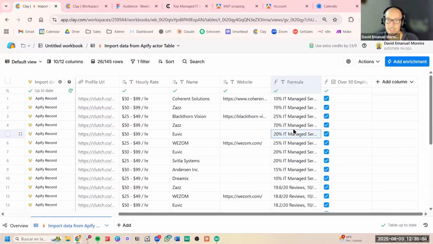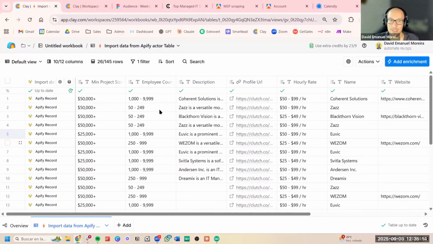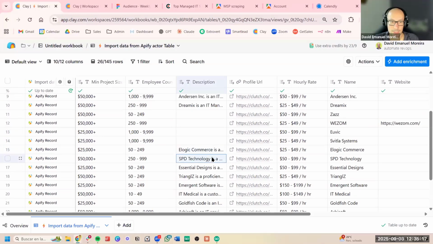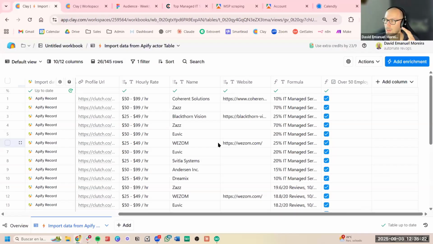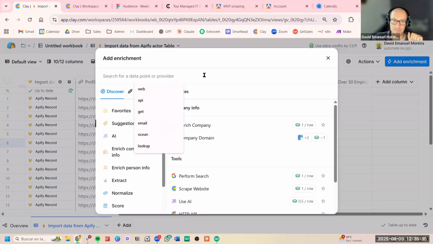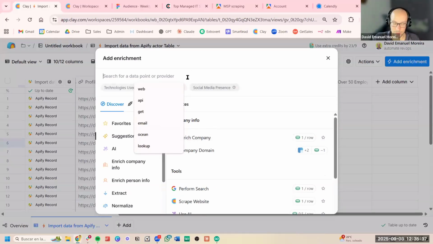All right. So now let's say we want to get more information about those companies, like which type of services they are providing. We don't have the description for all of them. Let's say we want to also get the LinkedIn URL of that company, because we want to find the employees of those companies. So in those cases, you can go into add enrichment. And now let's find an enrichment to, first of all,